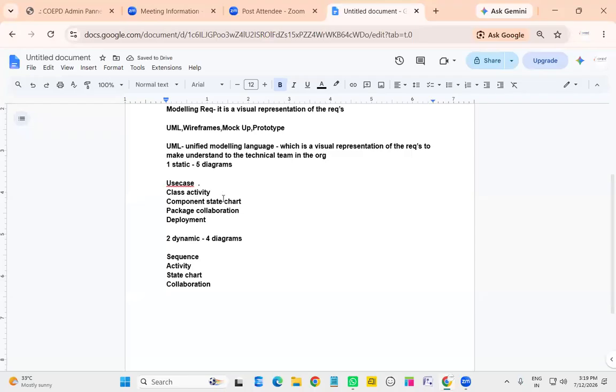Okay, so one is the use case diagram and the other one is the activity diagram. These two diagrams are what the BA will draw to make the technical team understand. So here we'll discuss the use case and activity diagrams. Okay, first,